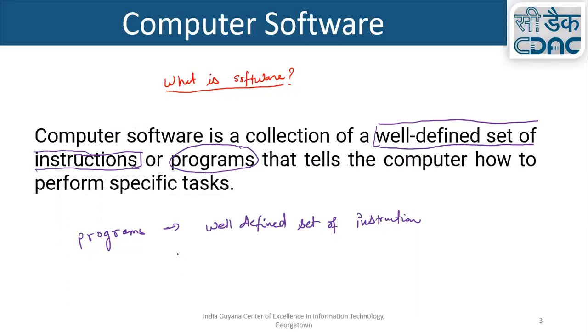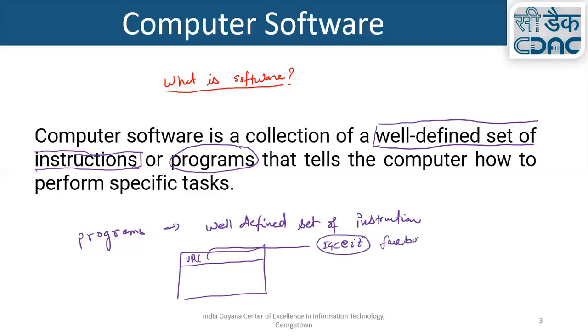I'm just giving you an example. Inside your browser, in the top URL bar, you type the website of IGCIT or Facebook, and you just press the enter key. Then what happens?